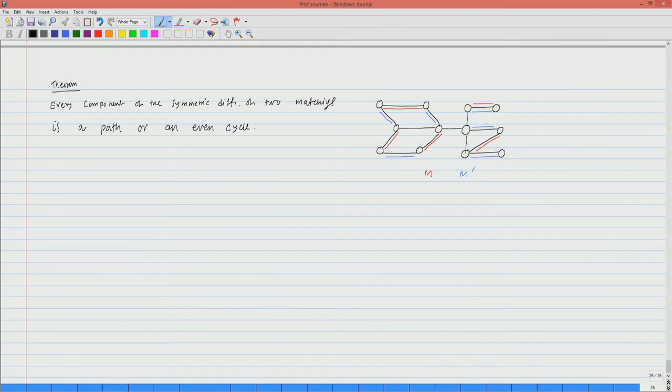So, that is why M is a matching. So, with respect to the red matching, this vertex is matched with this matching edge. This vertex is not matched with any. So, this is an unmatched vertex with respect to the red matching, right. Well, so now if I take the symmetric difference of these two matchings,